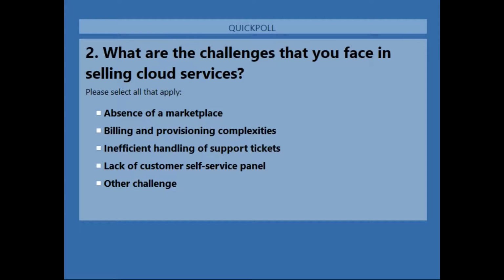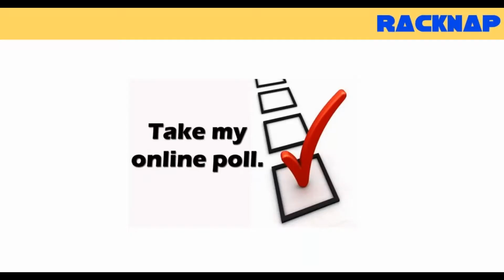Has some interesting responses coming through. For example, absence of a marketplace, because you want to have a low touch business model where you want to have some kind of a volume business where marketplace is there, customers come in and make a purchase automatically. Otherwise, as you start growing your business, billing could be a big challenge as well. So I'm keen to understand all of those aspects around what are the key things which happen at your end.